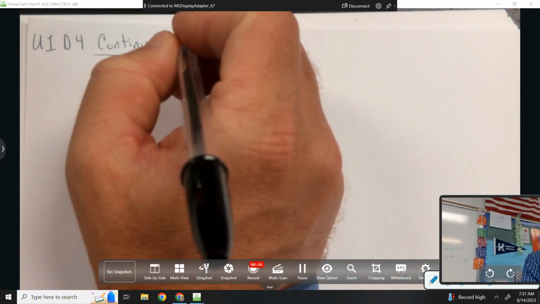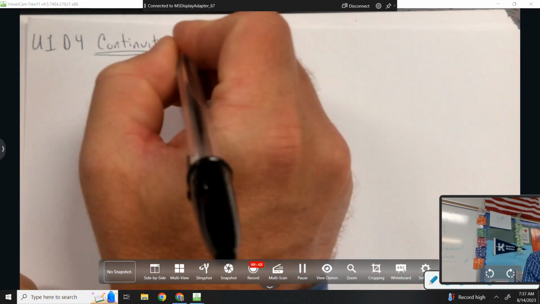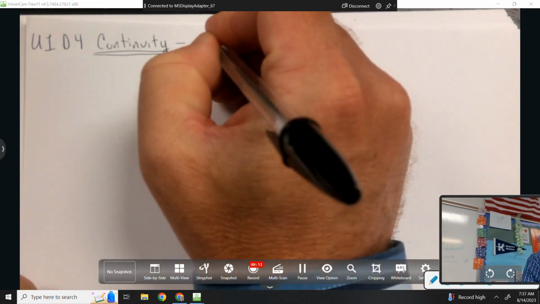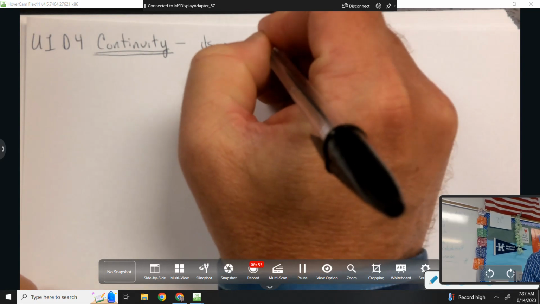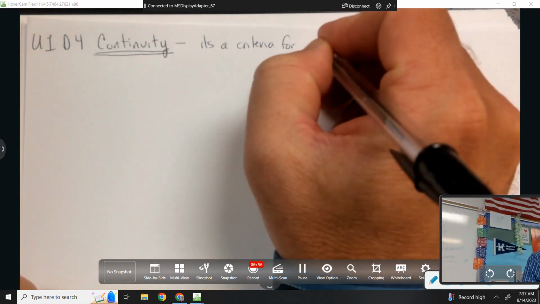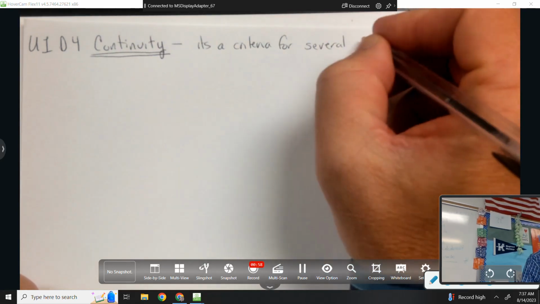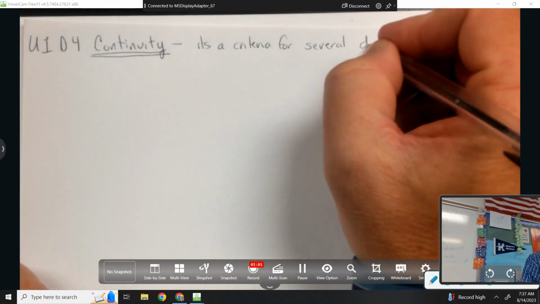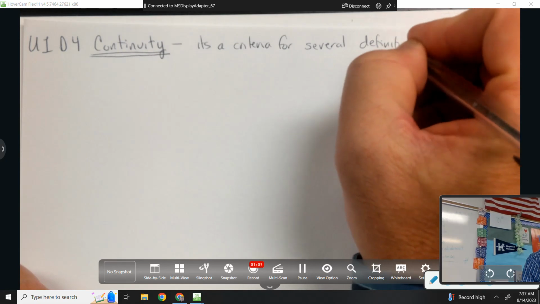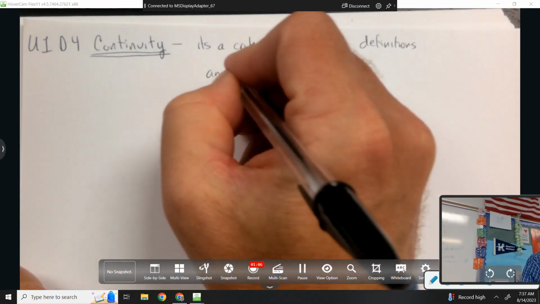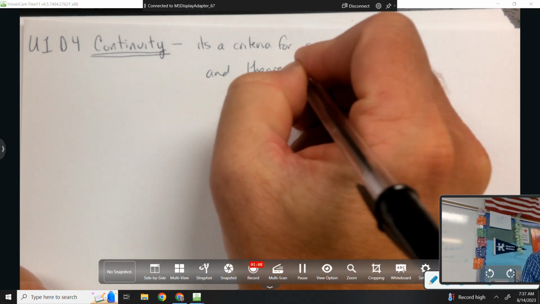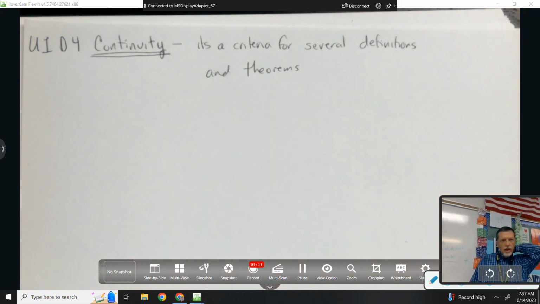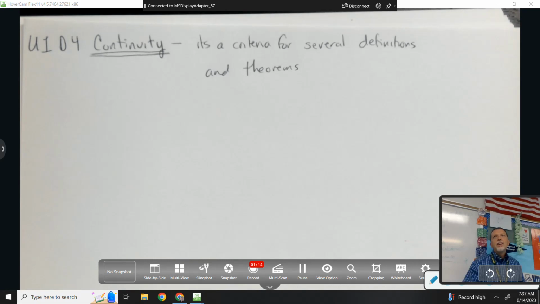But before we get there, continuity is a big deal because it's a criteria for several definitions and theorems. We don't care what those definitions and theorems are yet, but quite a few definitions or theorems in calculus start with, if f of x is continuous, then blah blah blah,